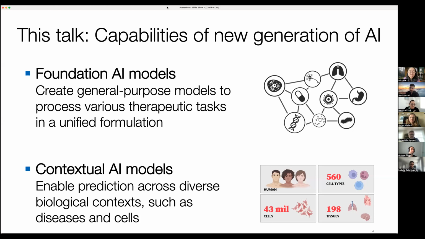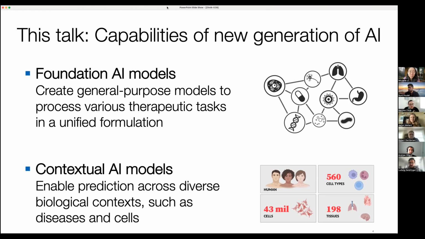In the first part of the talk, I will speak a bit about AI foundation models, in particular with the goal of designing general purpose models that can process a variety of prediction tasks in a unified formulation. In the second part of the talk today, Michelle will present her recent research on contextual AI models that